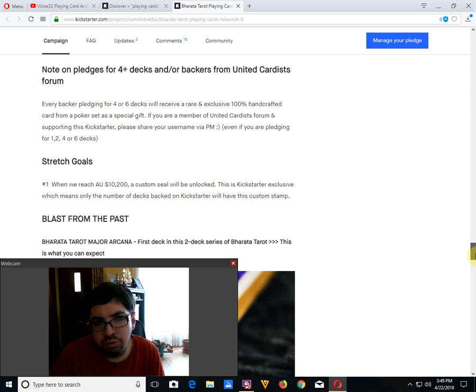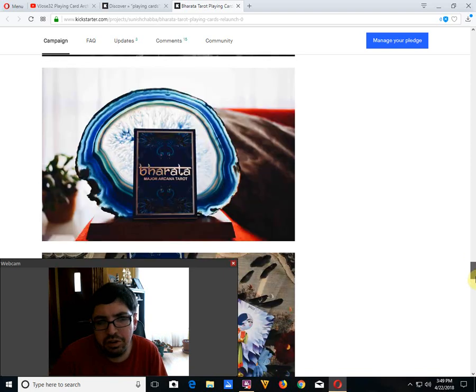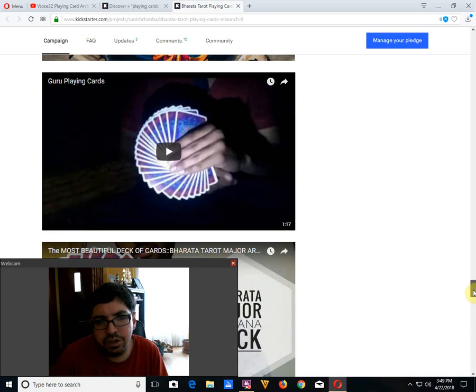And if you get 4 or 6 decks, you get a rare and exclusive 100% handcrafted card from a poker set as a special gift, so that's pretty cool. You can see the gilding. They're nice cards. Check out the review on my Major Arcana to see more of the art and to see the